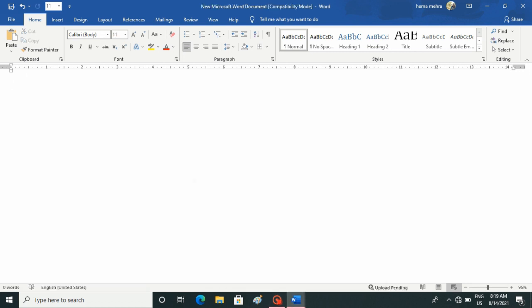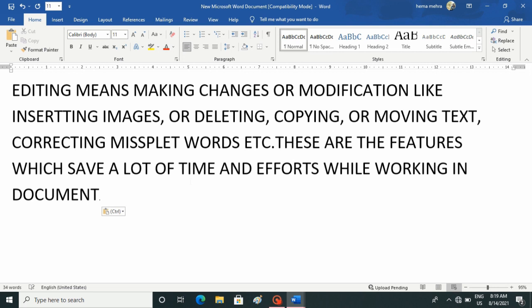Now coming to the new location where we want to paste it, press Ctrl plus V. So this helps us to copy any text or a part of a document from one place to another.